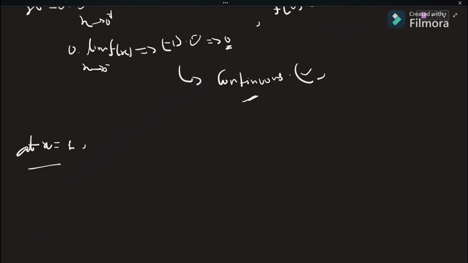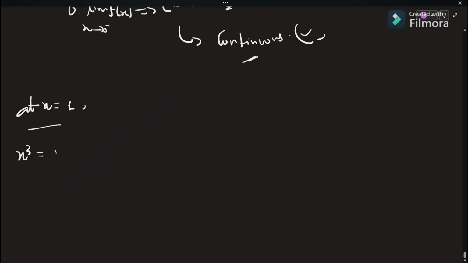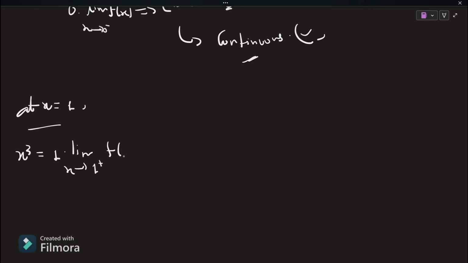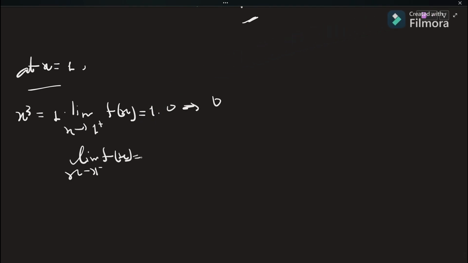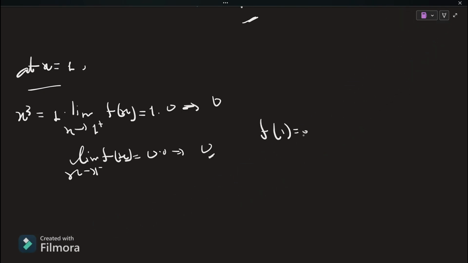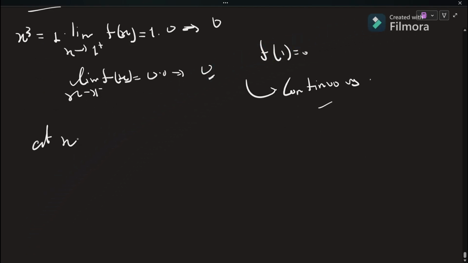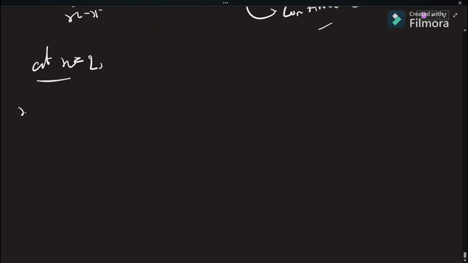सो व्हेन x cube इक्वल टू 1, इंटू limit x tends to 1 plus f of x equals to 1 into 0 which is 0. And left hand limit 1 minus of f(x), then it will come 0 into 0 and 0. And f of 1 तो हमें 0 मिल ही रहा था, so it will also be continuous. Check at x equals to 2 पे x cube equals to 8 आ जाता है into